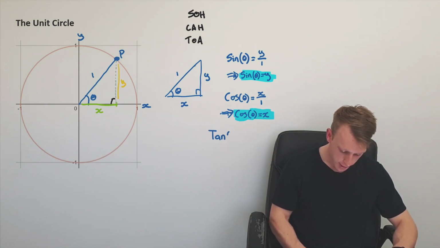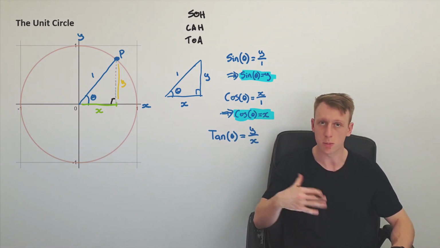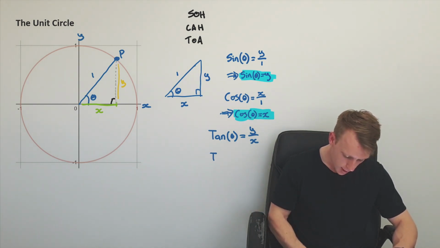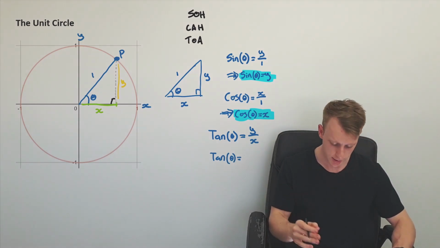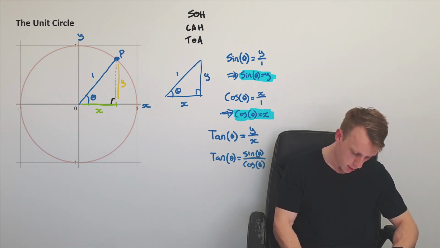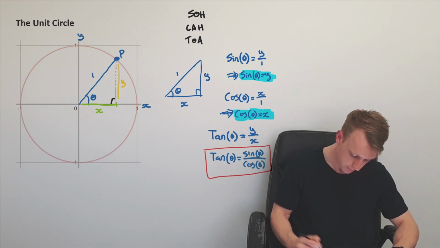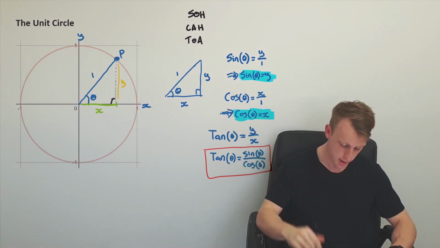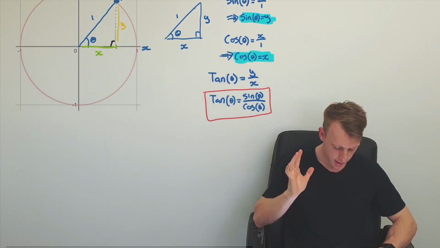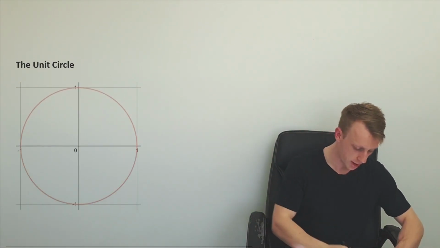We'll note that tan of theta is equal to y over x, which is the opposite of the triangle over the adjacent. And what we'll notice is, using some immediate substitution, y is sine and x is cos, so it's sine of theta over cos of theta, which gives us a nice definition for tan in terms of sine and cos. The reason this is valuable for us here is so that if we were to just consider another unit circle with all that information here,